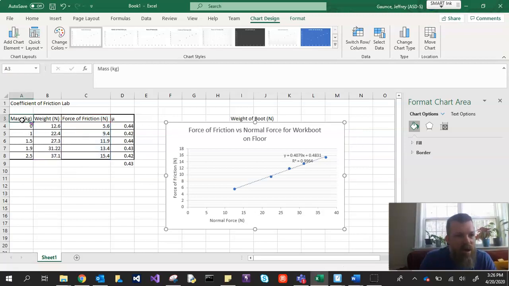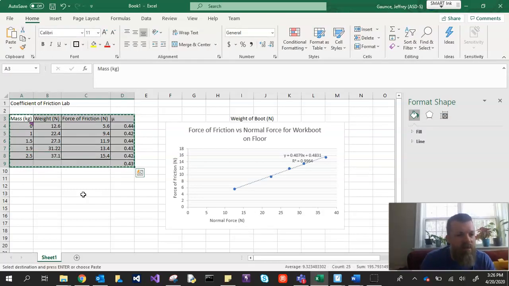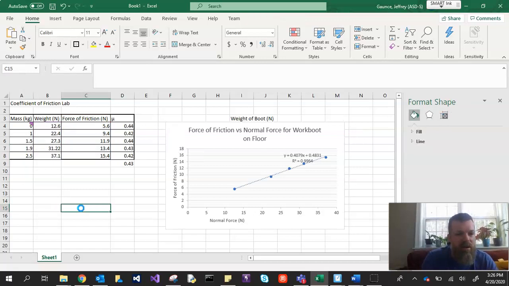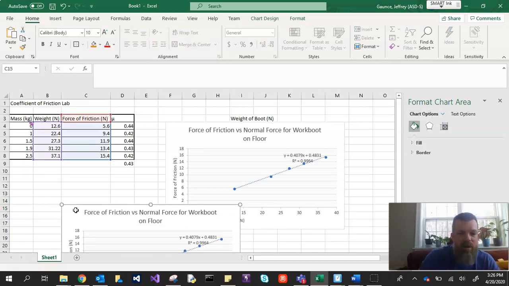So when you go to your Word document, all you have to do now, highlight all that, Control-C, go over to your Word document, Control-V, bam, it's in the place you want it. The graph, same thing, click on the graph. So if you ever get this highlighting, you want to get rid of it, you press Escape, so go over to the graph, Control-C, I can put it back, Control-V, wherever I want,